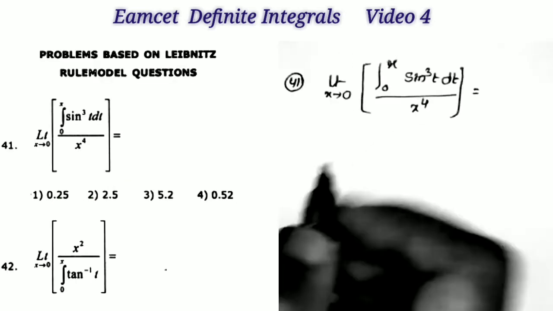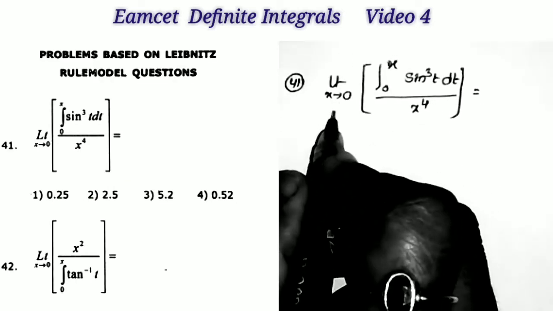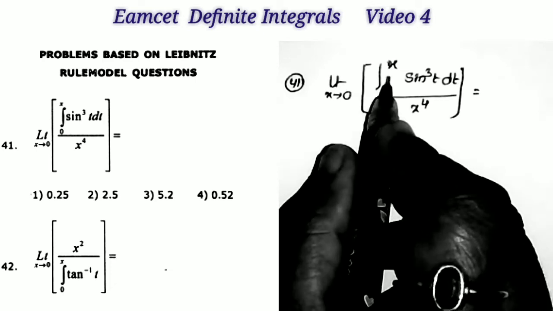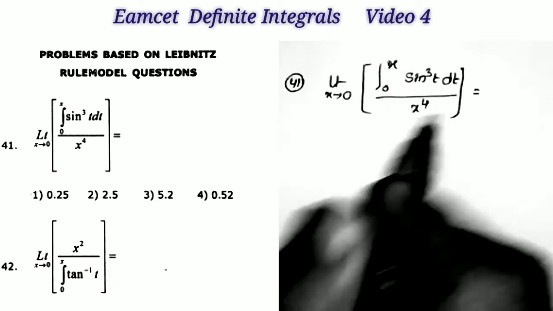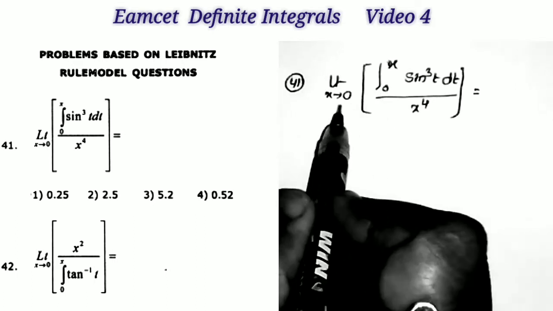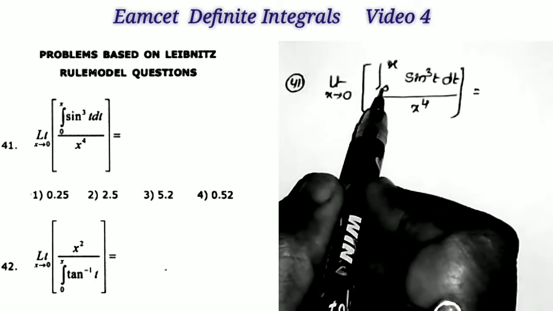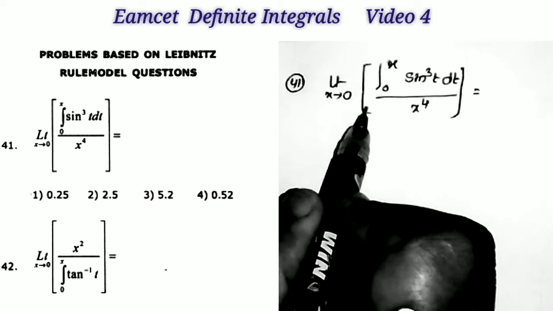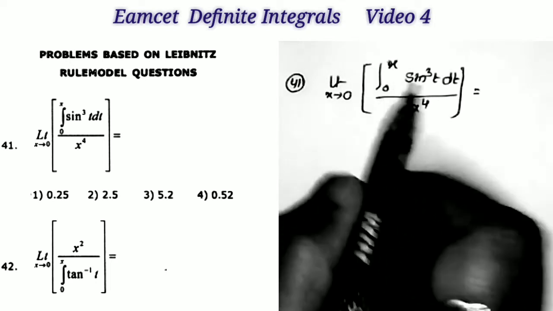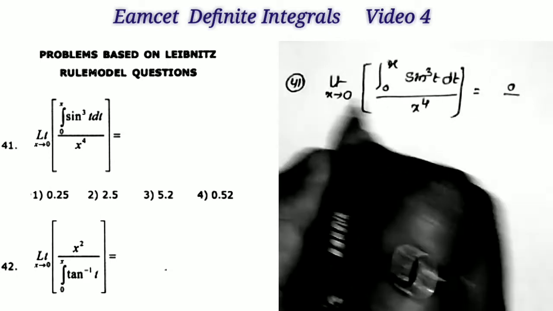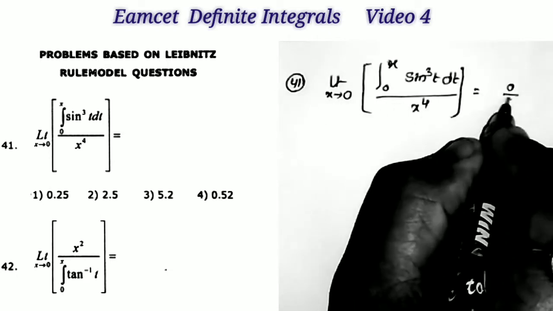That's all. Next question, sum number 41, limit x tends to 0, integral 0 to x sine cube t into dt by x power 4 is equals to. Okay, limit x tends to 0. First, taking x is equal to 0 directly in the given question, and we have to check what it returns. When we take x is equal to 0, integral 0 to 0, that is this total value becomes 0 here. And x power 4, taking x is equal to 0, then this value becomes 0.